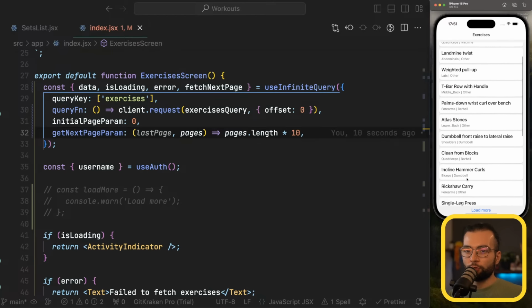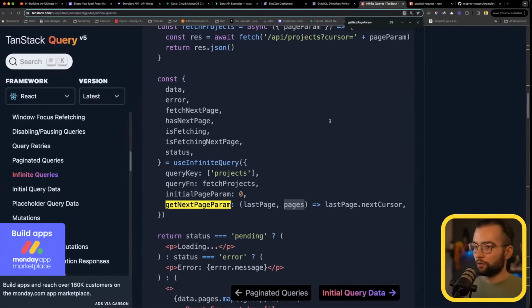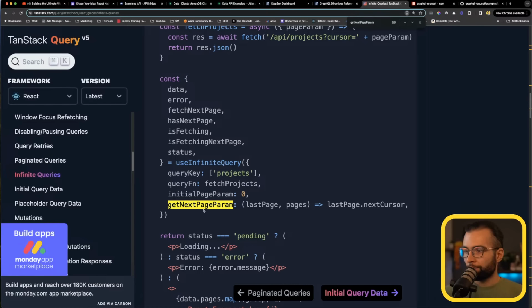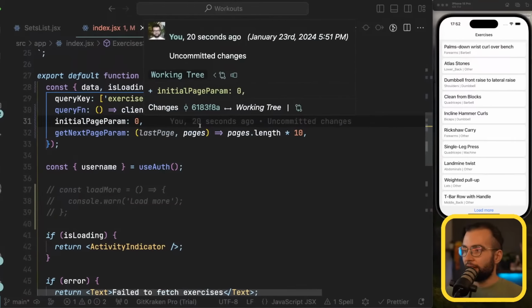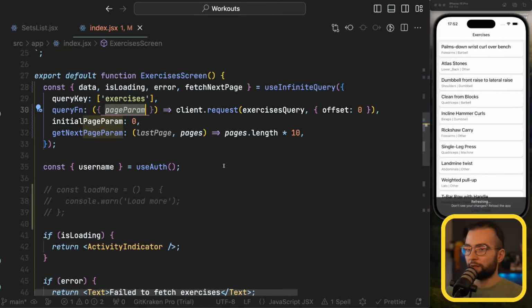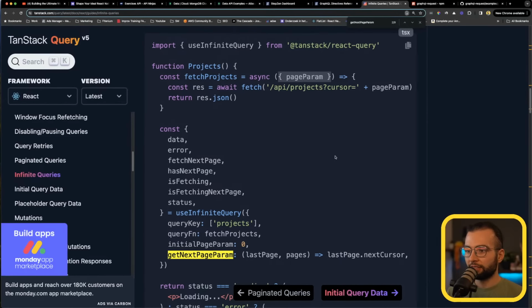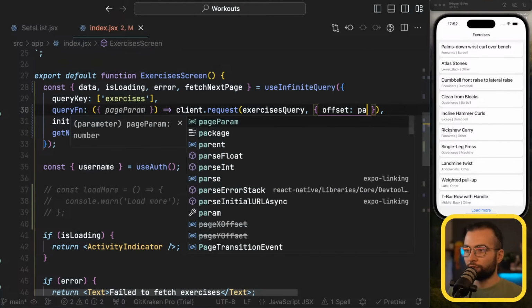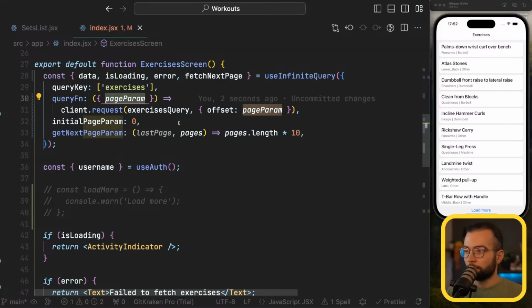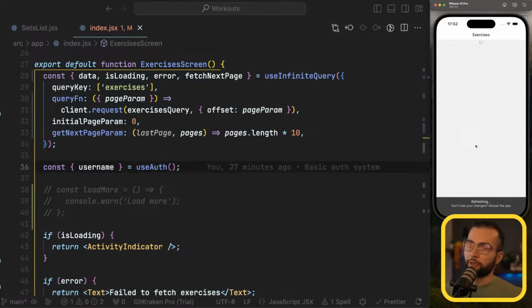If I load more, it's the same. Yeah, because offset. Wait a second. Initial page parameters. Fetch project. And the fetch project has page parameters. Okay. The query function will receive the page parameter, and the page parameter is the value that we return. For example, this one. So we're gonna send it to the offset. Now if I'm gonna refresh,